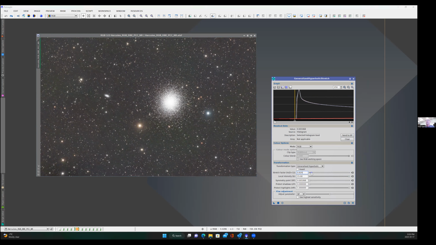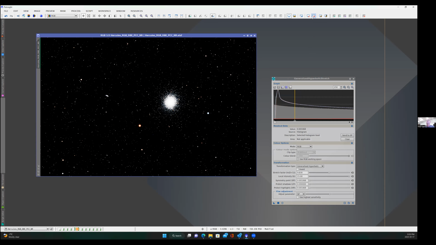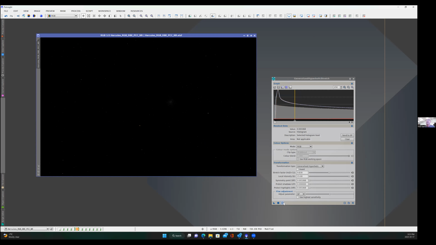Oops, I forgot to move page. Key down, add stretch to get rid of my black point, or to get rid of that gap on the left-hand side. Execute that. I'm just going to get rid of that STF. Reset my parameters. Put SP near the histogram peak. Big B, and